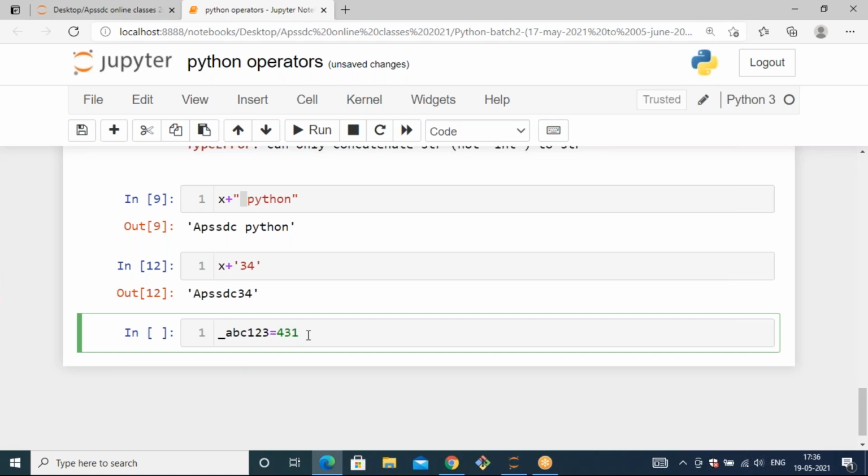Yes, it is an integer data type. When I define the variable like underscore ABC 1, 2, 3, is that the correct way to define a variable? Yes, ma'am.